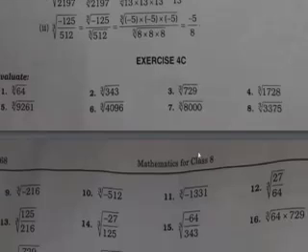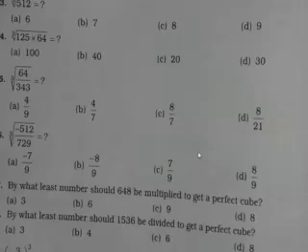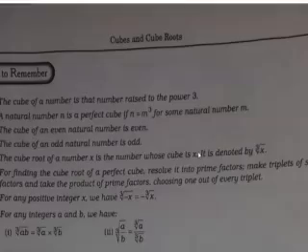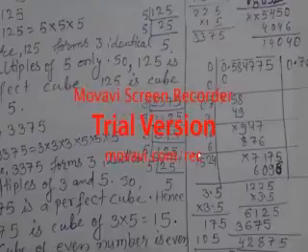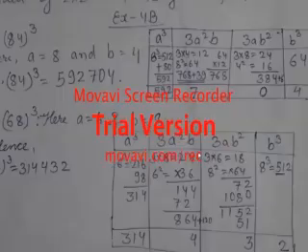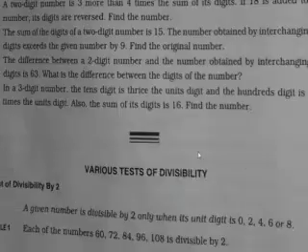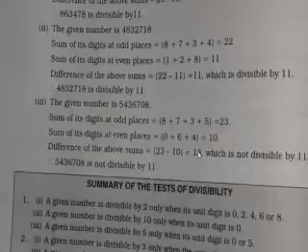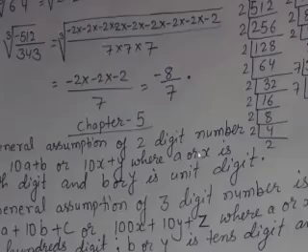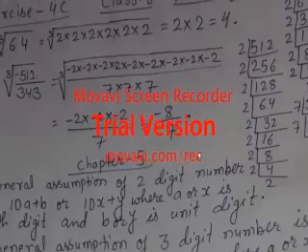Okay, there is exercise 4C. Actually it is a very easy exercise, so I have not solved many questions, but a few questions I have solved from 4C. You can see in my solution. And if there is any doubt, then during the online class I will explain it. Because it is easier, I thought you would do it by yourself. You can see now in this new PDF, I have started chapter 5 also, and I have kept a few pages because I thought before the next class I can explain this. You can see 4C.